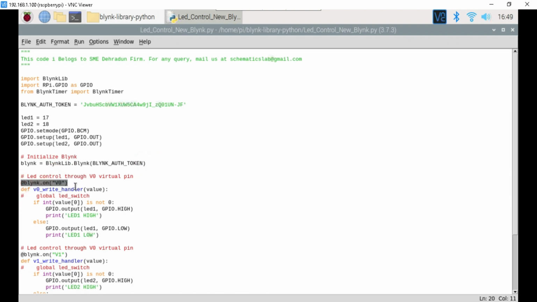Below we call the function for the V0 virtual pin and store the value of the V0 virtual pin in the value variable. Alright. Now we compare the value of the value variable. If it receives high, then we will set LED1 as high. At the same time, we will print LED1 high in the LX terminal window, right? And if we do not receive high, then we will set LED1 low